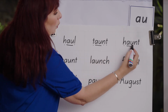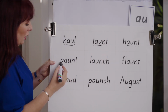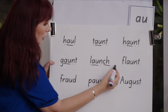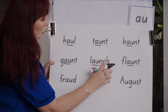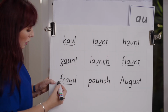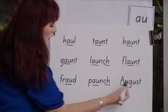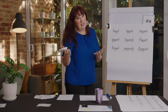Or, taunt. Or, haunt. Haul, taunt, haunt. One more faster. Haul, taunt, haunt. G, or, gaunt. Or, launch. Or, flaunt. Gaunt, launch, flaunt. Good job. Or, fraud. Or, paunch. August. Fraud, paunch, August. Now, this isn't a really common spelling, especially in year 1, which means a lot of